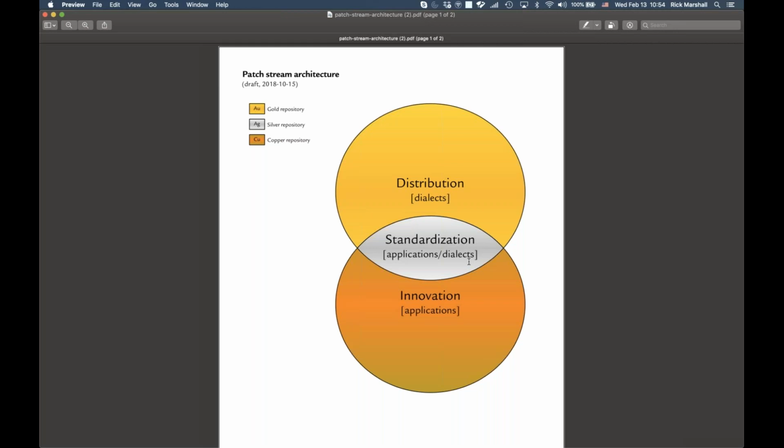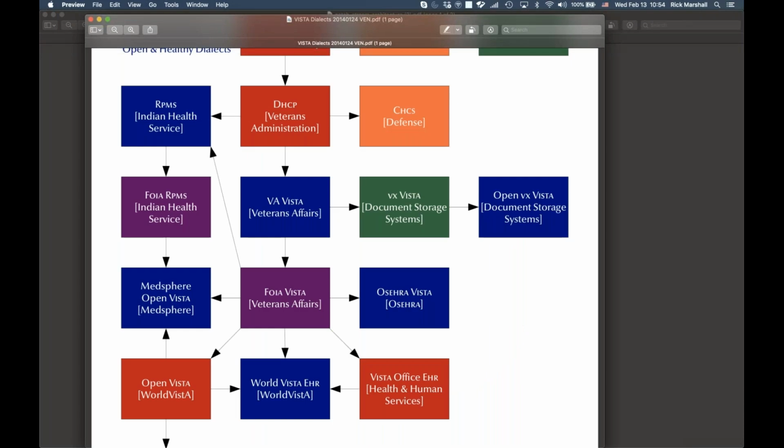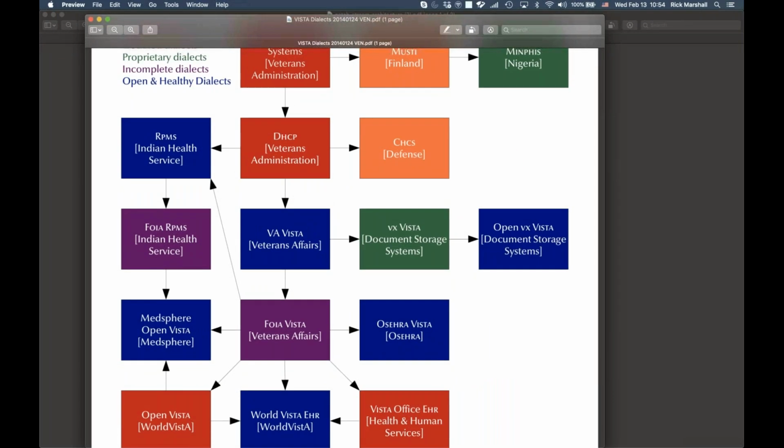And when you take a look at what that dialect is, and when you try to answer the question, which of these choices is it? The actual answer is none of the above. It's none of the above. We are strongly based on OSEHRA Vista. Make no doubt. I mean, we are as closely tied to OSEHRA Vista as we can be. We're wanting to leverage all the great work that the OSEHRA community is doing. So that's the default of our base. But on top of that, we're also